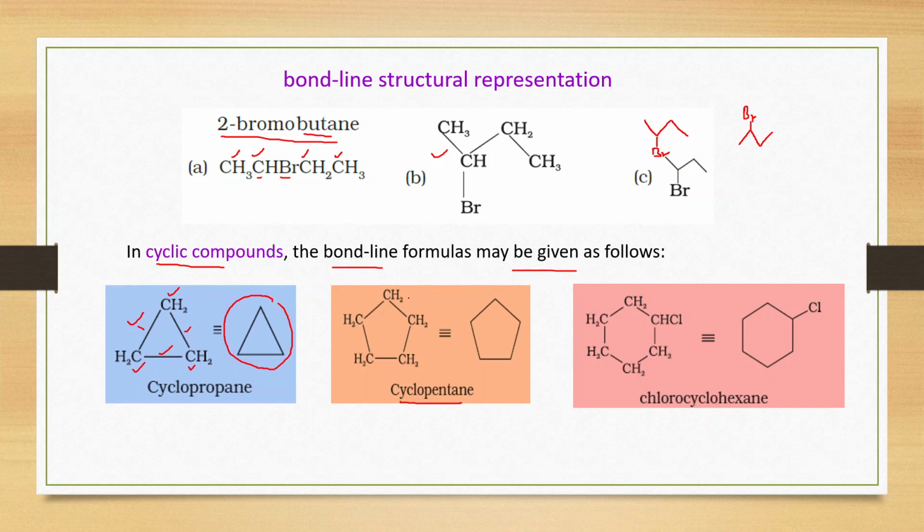Cyclopentane. Okay. This is the condensed formula for cyclopentane. And in the bond line, we will represent it like this, a pentagon. Then this is